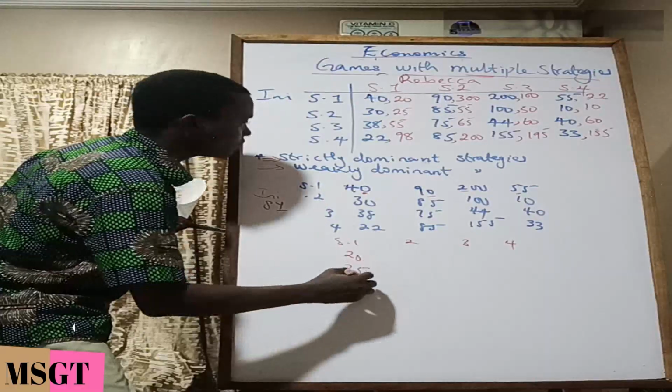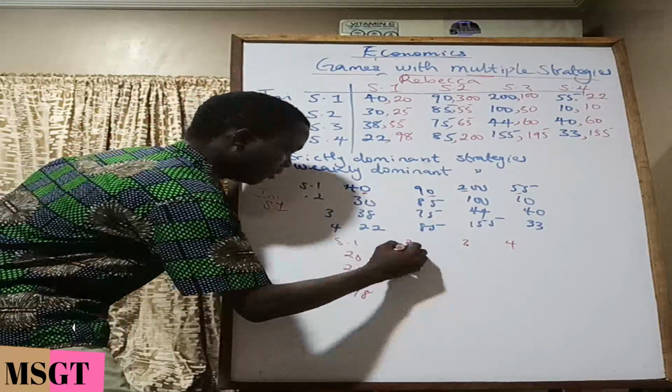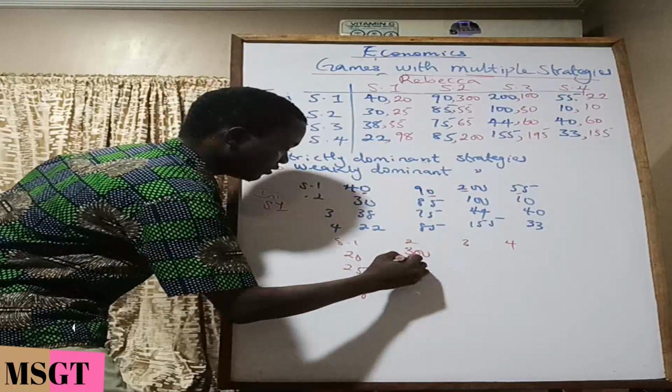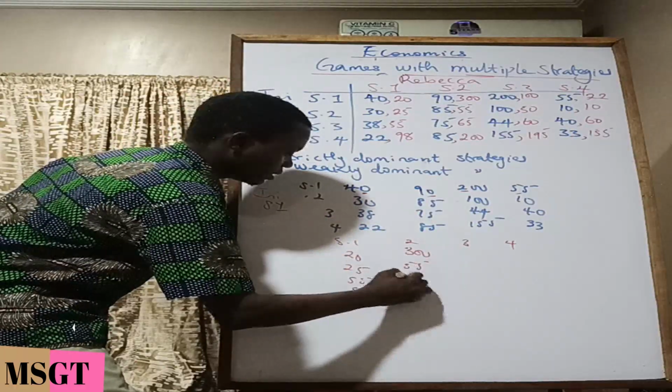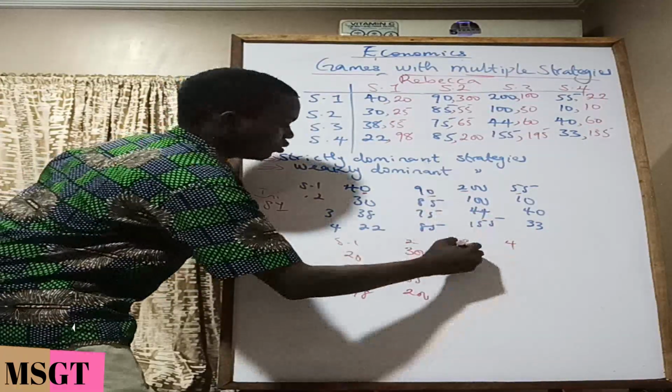20, 25, 55, 98, then 300, 55, 65, and then 200, followed by 100,